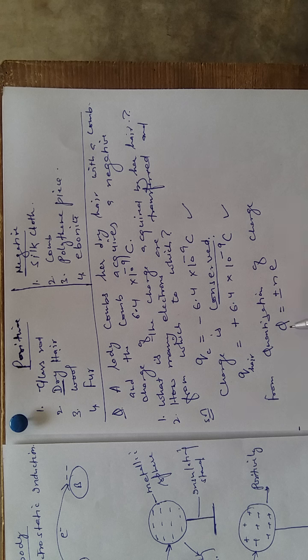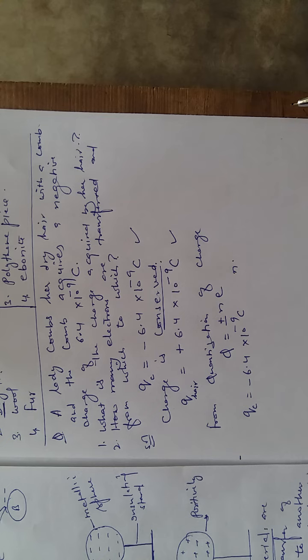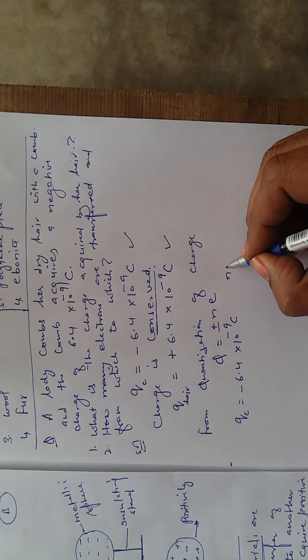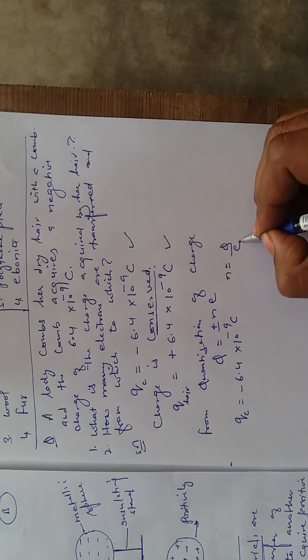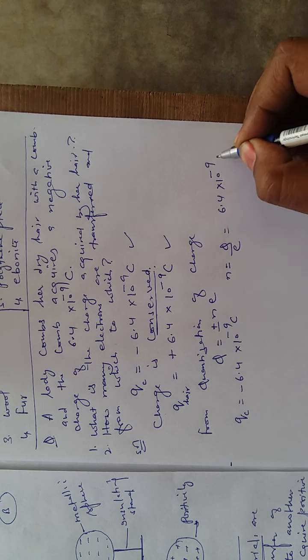So now Q, the charge on the comb, is given to you. It is minus 6.4 into 10 to the power minus 9 coulomb. Now you can find N, the number of electrons transferred, right? So to find the number of electrons transferred, we can use Q upon e. So Q is this 6.4 into 10 to the power minus 9 coulomb,